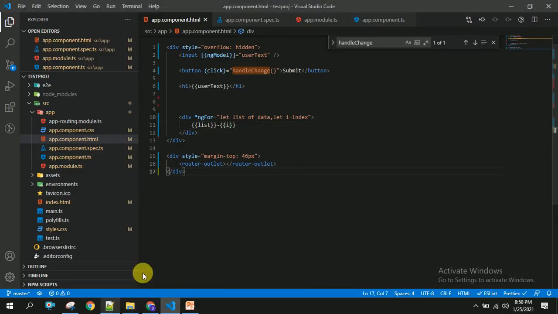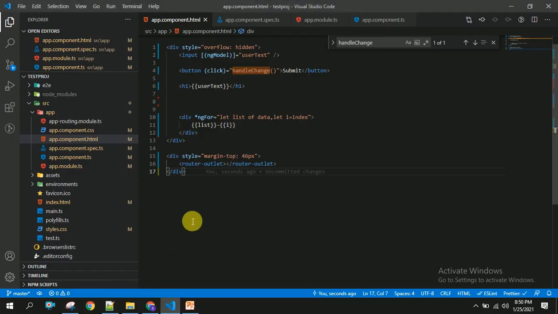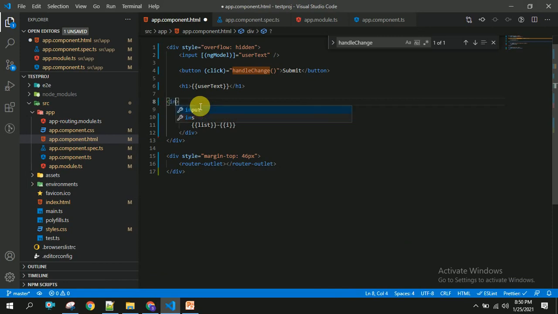The next thing we are going to see is how to get the data whatever the user has entered in the text box into another text box. For this we are going to use property binding. Here I am going to use some input or text box, and I am going to use property binding. If you use these square brackets for binding the property value, then it is called property binding.